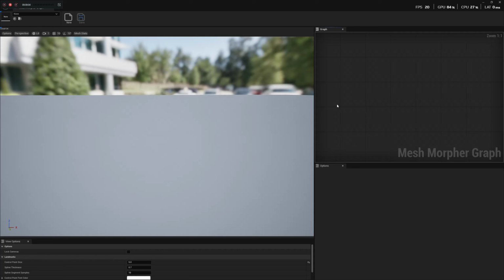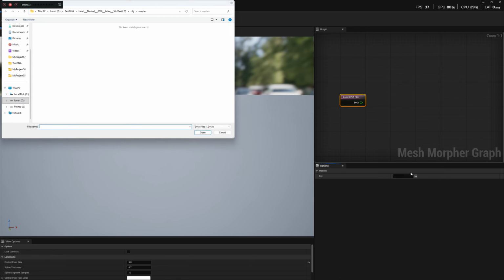In this video I'm going to show you the new functionality in Mesh Morpher Graph, which allows us to customize DNA expressions in our MetaHuman DNA files, right? The way DNA customization works in Mesh Morpher Graph is that it works directly with the MetaHuman DNA file, as opposed to Mesh Morpher Classic, which works with the DNA asset in the skeletal mesh, right? So I'm just gonna load a DNA file,